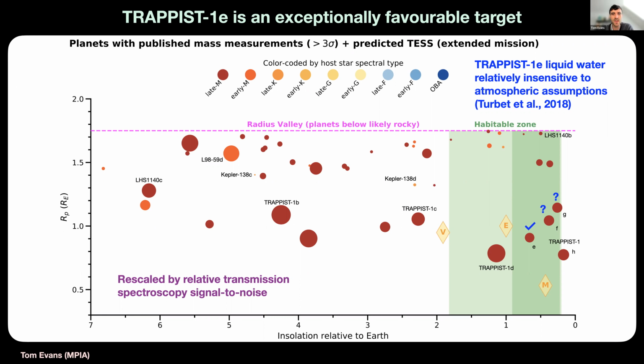So for these reasons, the predicted strength of the atmospheric transmission signal and the robustness of the atmosphere's habitability make TRAPPIST-1e really the standout target that we have for a biosignature search. And it really is worth stressing that we don't necessarily expect TESS to find any better targets. Just remembering that the unlabeled points here are planets that TESS is predicted to find based on well understood statistics of short period planets from Kepler.